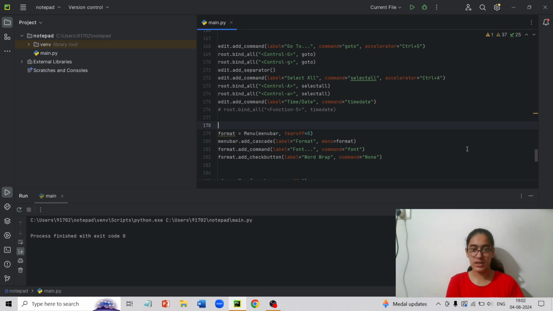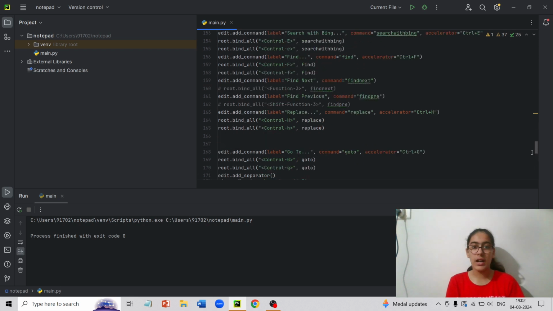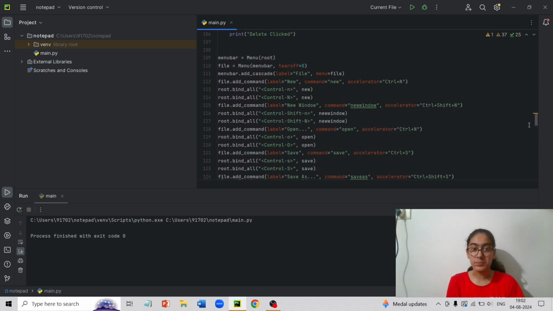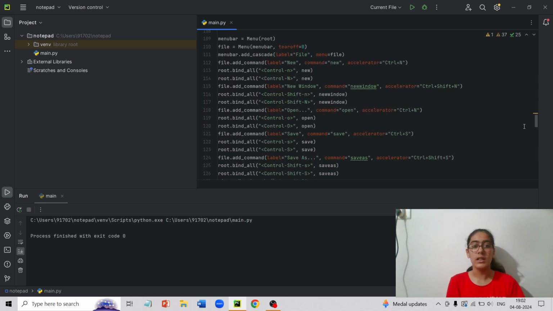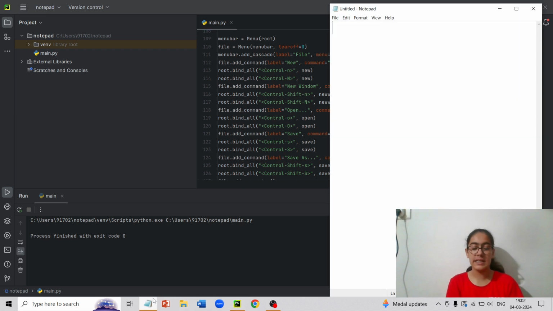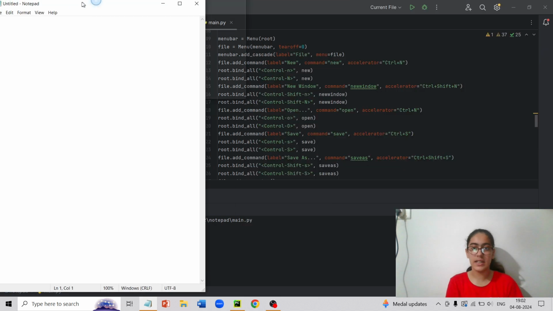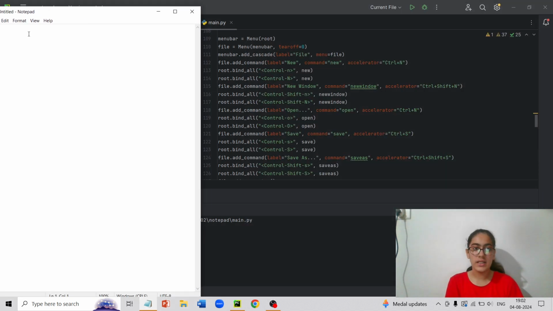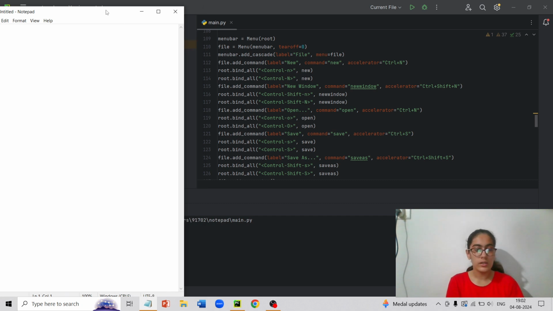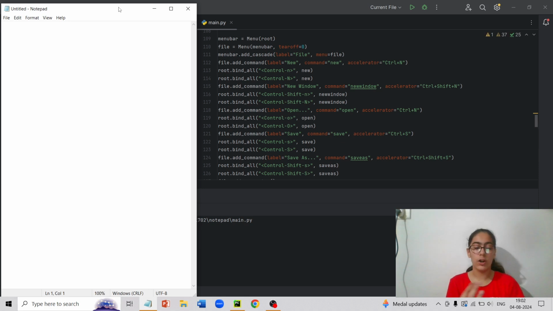I just posted part 1, and here in part 2 I will be explaining in detail all of the menu bars, all of the parts of the menu bar. So first we have file. Let us open notepad side by side so we can understand it nicely. So first, as you can see, is file right here. So file, edit, format, view and help. These are the five parts we'll be learning.